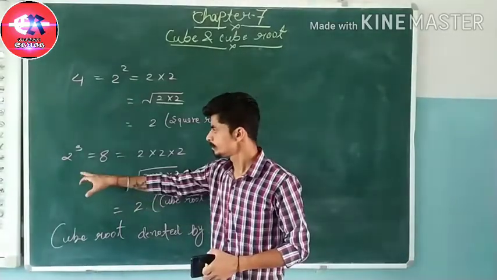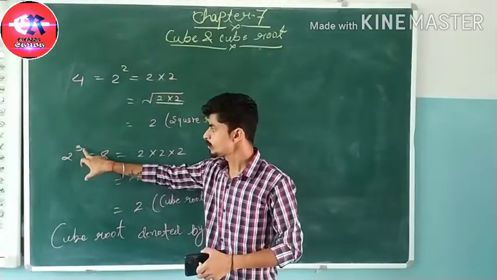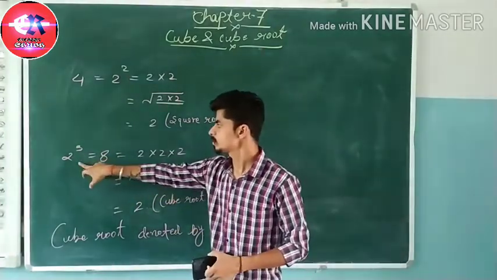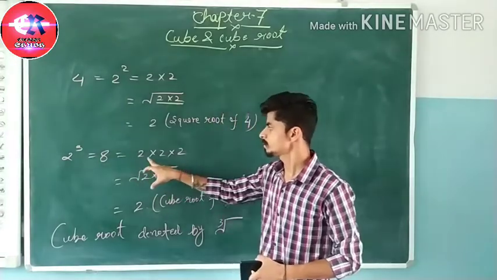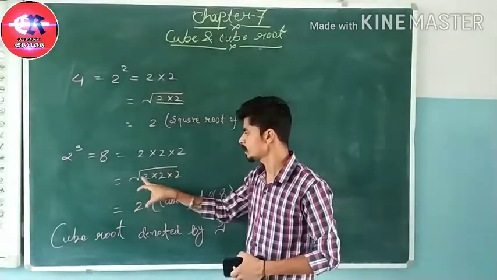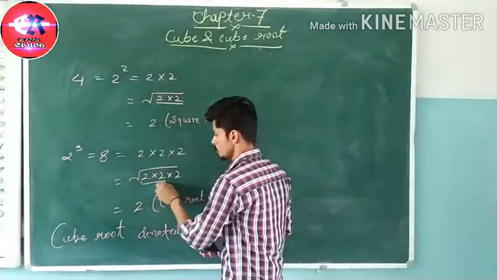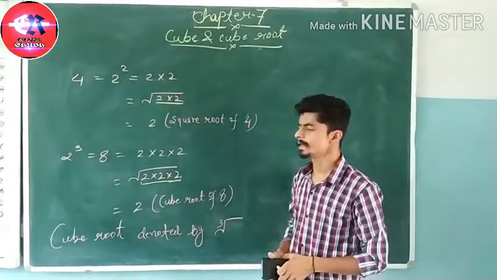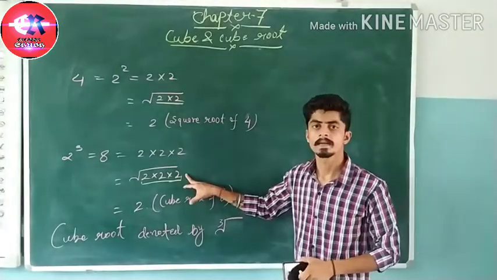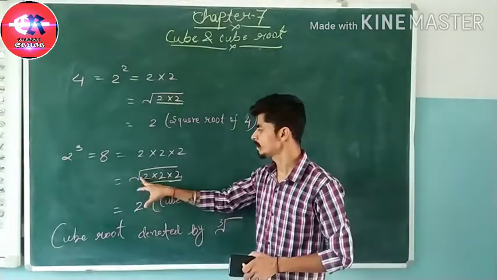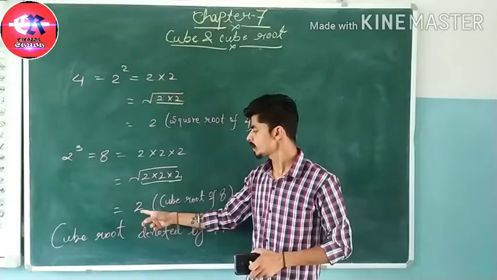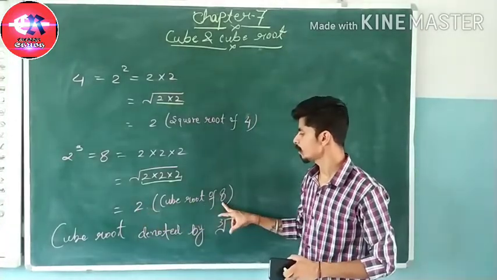Now in the cube root, we have to write 3 here, because in a cube, length into width into height is counted. So 2 cube is equal to 8, which is 2 multiplied 3 times. When we are finding the cube root of 8, we put the cube root sign, and there is a repetition of 2, 3 times. When we are finding a cube root, a number makes a pair when it is repeated 3 times. So 3 numbers will make a pair, there is only one pair, so it comes out of the cube root, and we get 2, which is the cube root of 8.